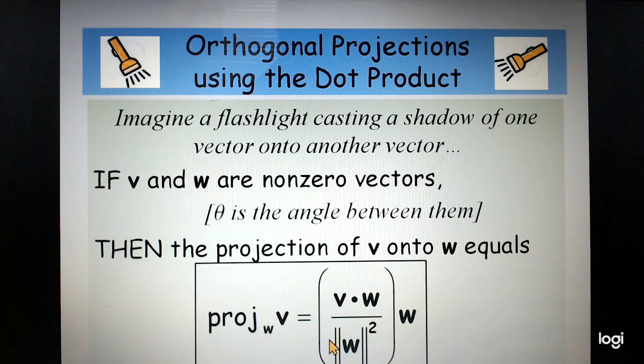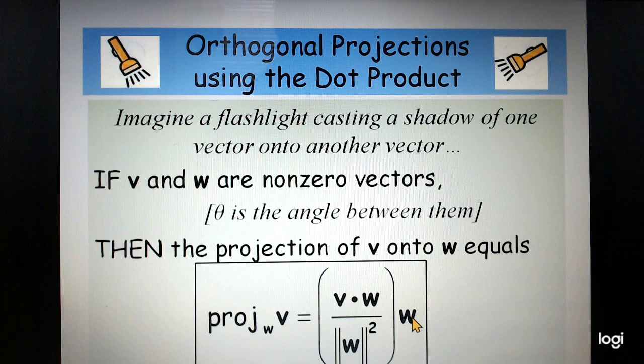Now, the first thing that you're going to say is, where did that come from? Well, I'm going to show you. It's not that easy, but you can follow it through. All right, so let me read it to you. It's v dot w over the length of w squared. So this is a scalar, right? Dot product is scalar. This is a scalar, so the quotient of two numbers is a number, and it's going to be a multiple of